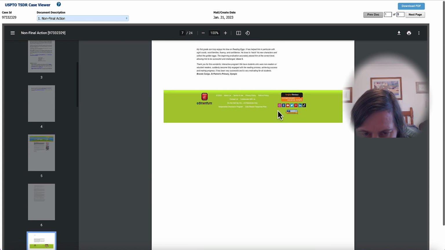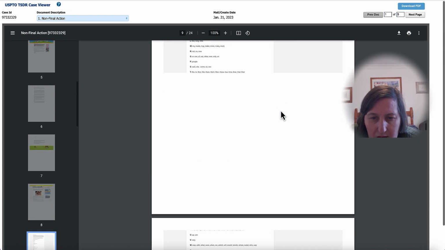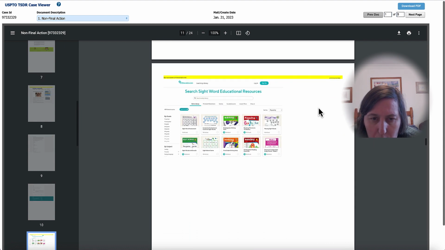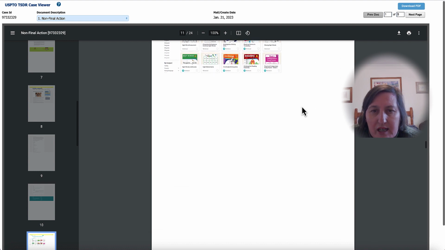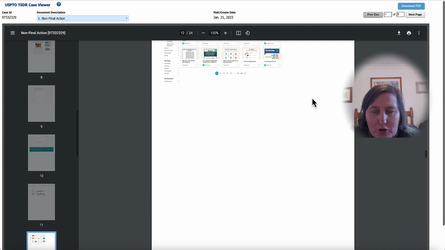I think it might say down there. And then another one, top 100 sight words and how to teach them. And again, it'll probably say when that was published. Some more information there, proving that it's an educational niche and it's not a branded good. It is not something that they have made. It's not like Highlights books.